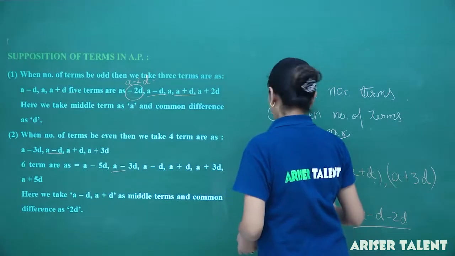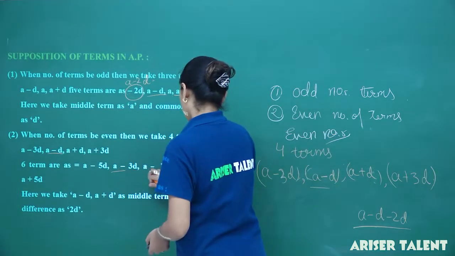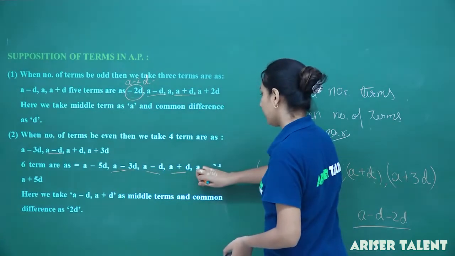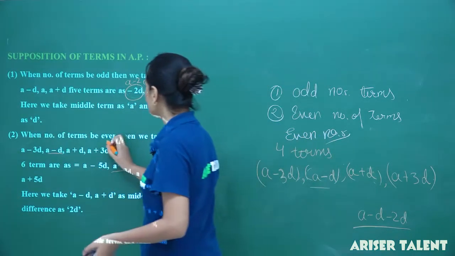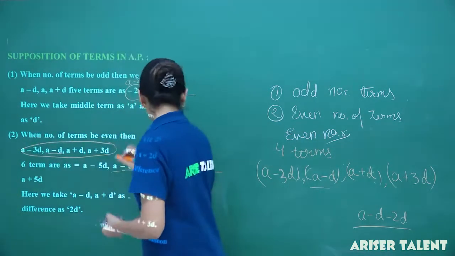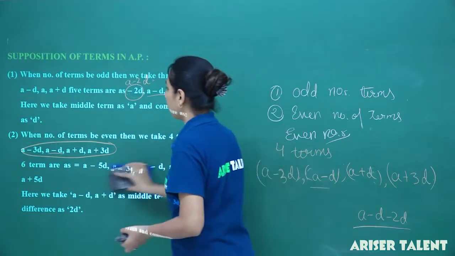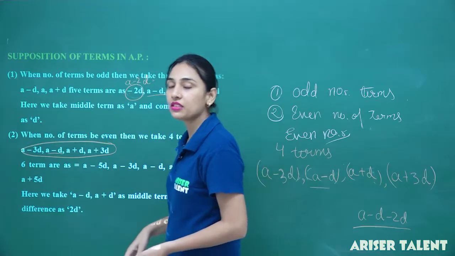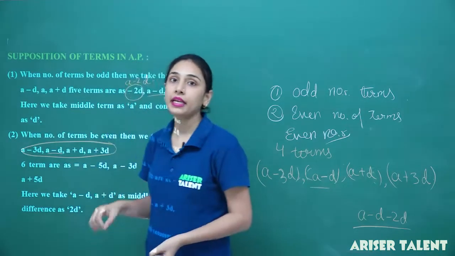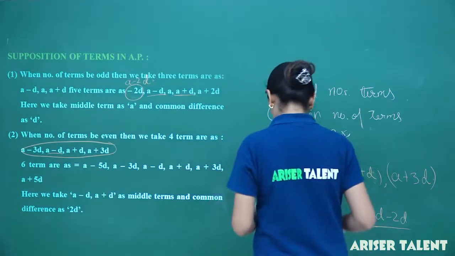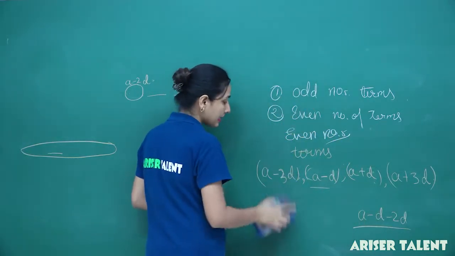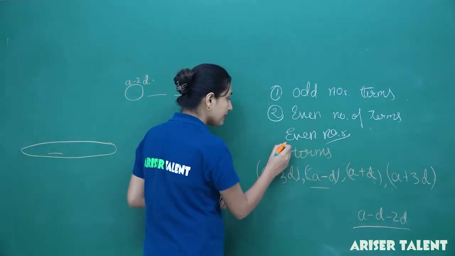So here you will be having 4 terms: A minus 3D, A minus D, A plus D and A plus 3D. Now if you are having 6 terms, even terms,